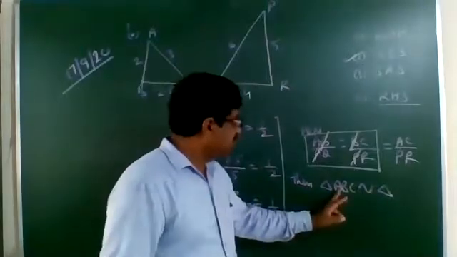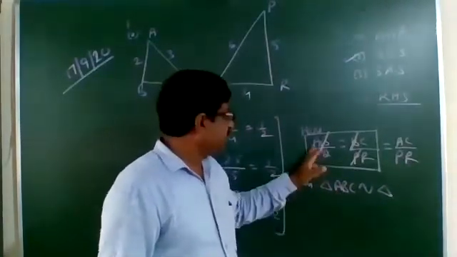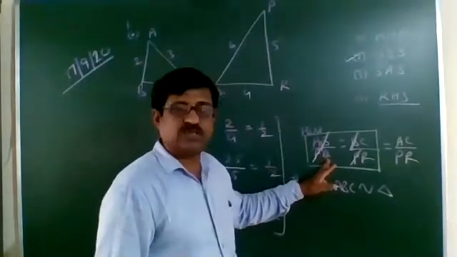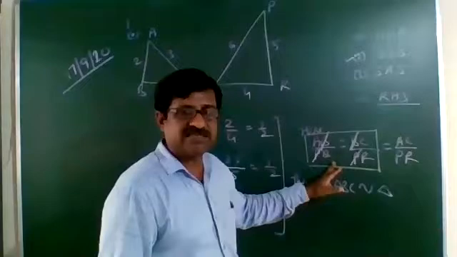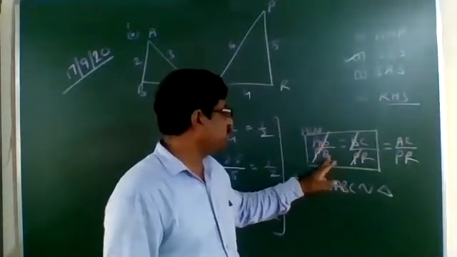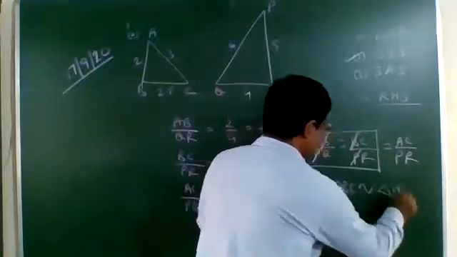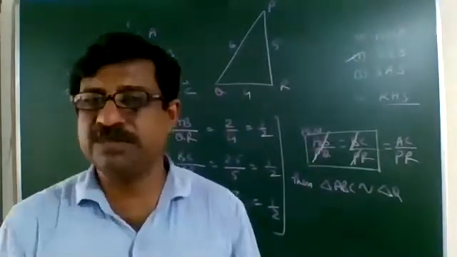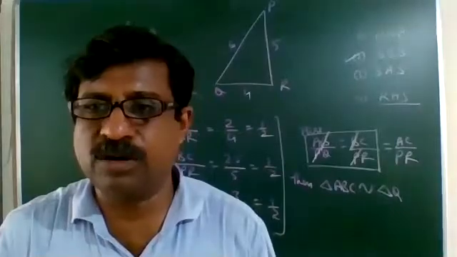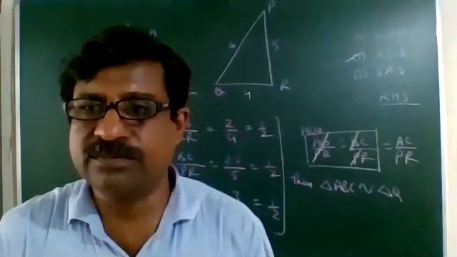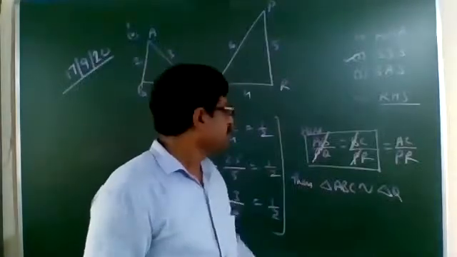Now, first we have written A, ABC we have written over here. A corresponds with Q, because A is not cancelled in the numerator and Q is not cancelled in the denominator. Therefore, A should be replaced by Q. In place of A, we will write Q. A was given in the beginning and was not cancelled in the numerator, and in the denominator Q was not cancelled. Therefore, from the denominator side we are taking Q in place of A.